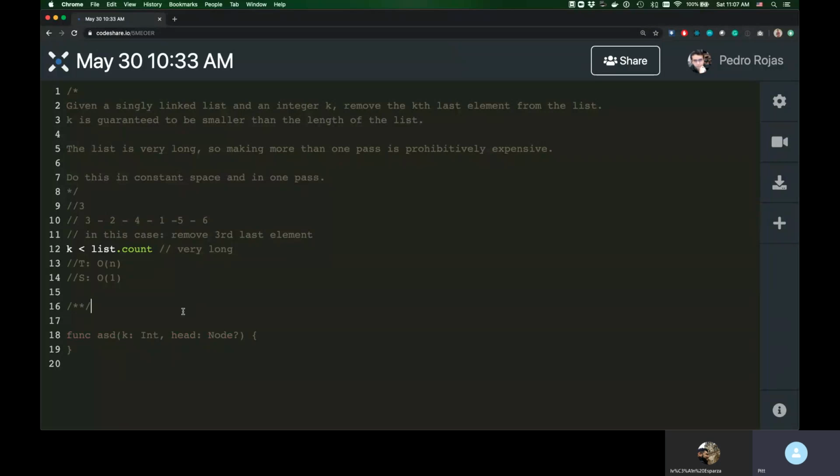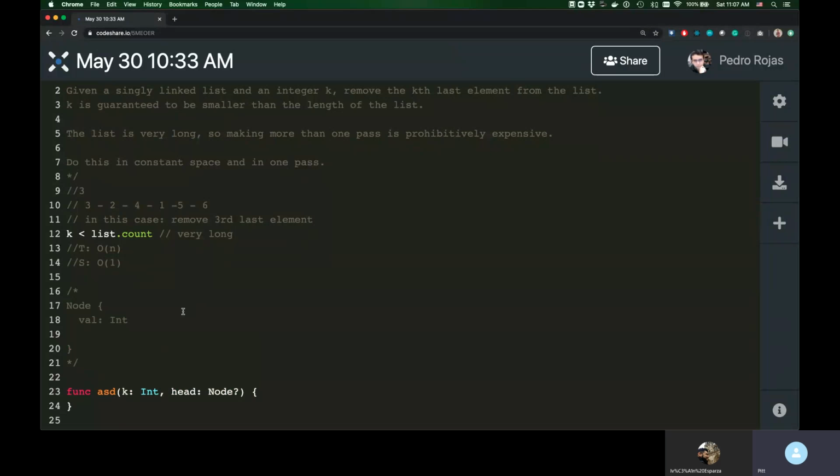the classic values, node, right, which is the val. I'm going to assume it's just an integer, and the next one could be another node, correct? It's a class because in Swift it's a reference value. Okay. All right. So the point here is